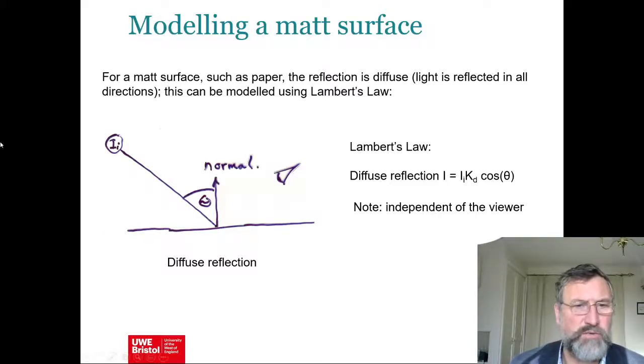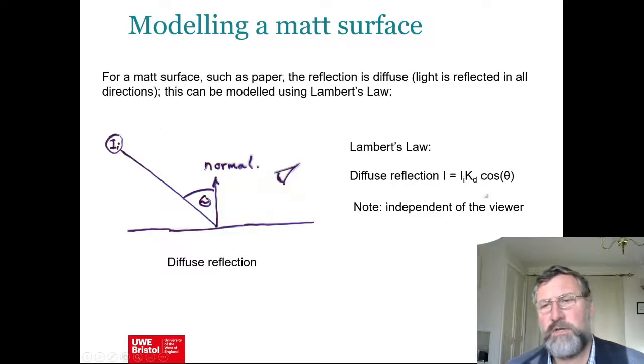So here we've got a light source, intensity I_l, coming down and hitting this surface here. That's the surface normal, the vector that is normal to the surface at that point. The angle between the light, what we call the lighting vector, and the surface normal is theta. Lambert's law says that the intensity of the diffuse reflection will emerge, I equals I_l, which is